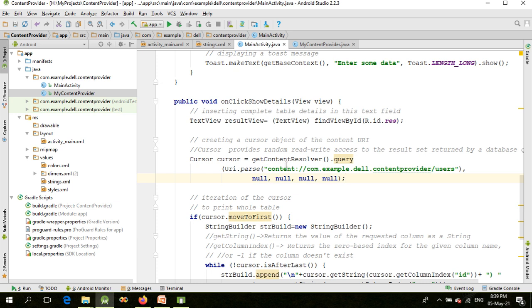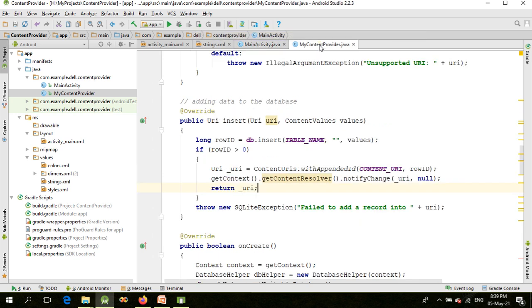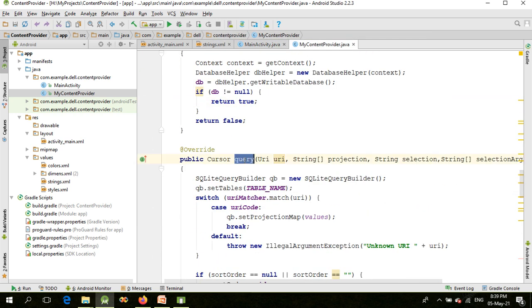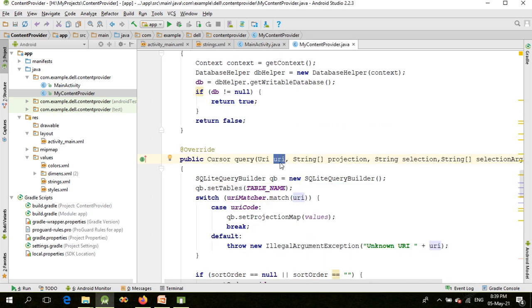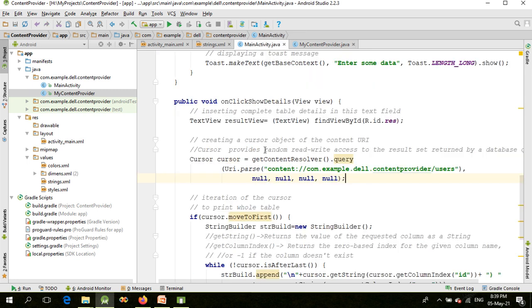Okay, so whenever this query method is called, it calls the query abstract method of the content provider class, which is here. The value of this content URI will be supplied by this particular function. In this case it is the content URI of our application. So this URI will be stored into this URI variable, and the other parameters are null, which are passed by this particular function. These are these null values,